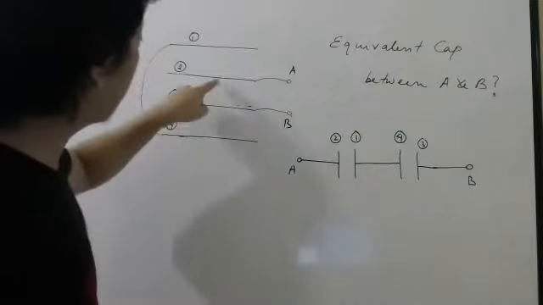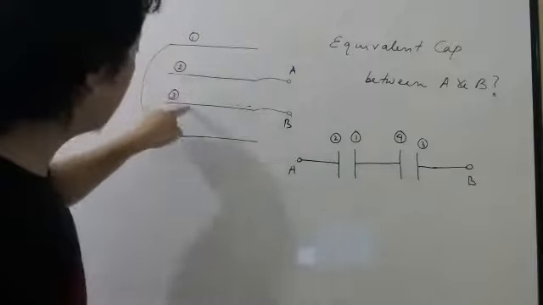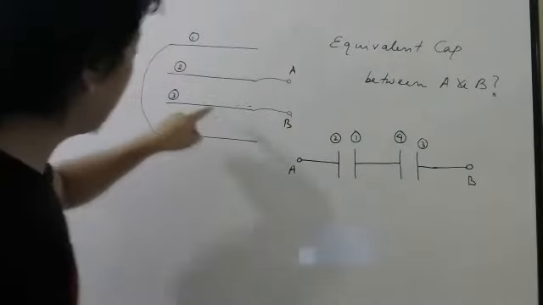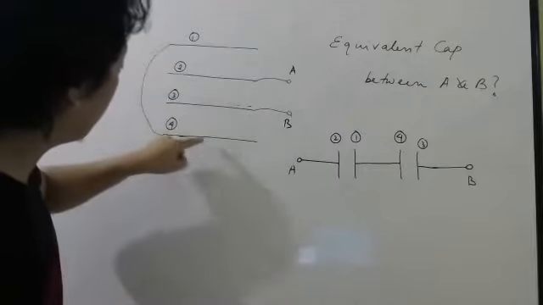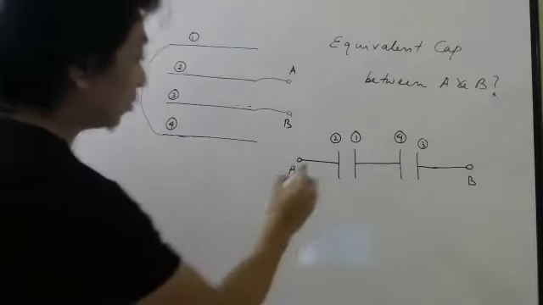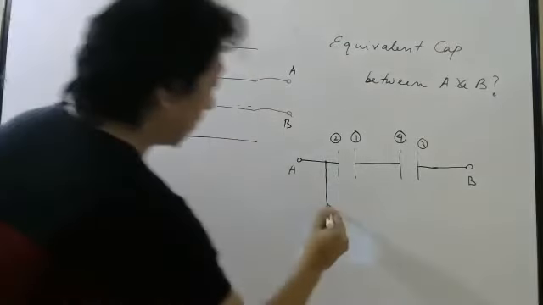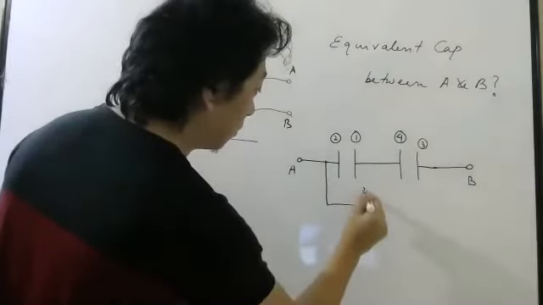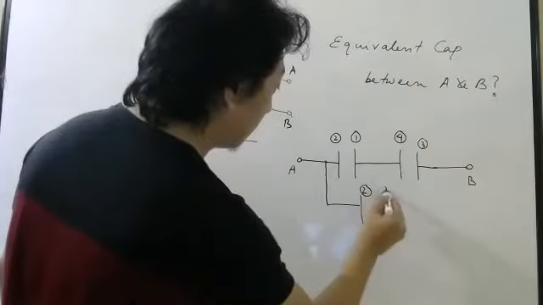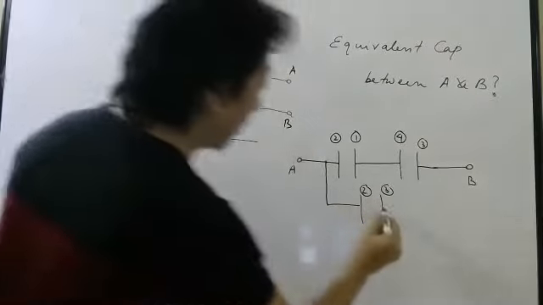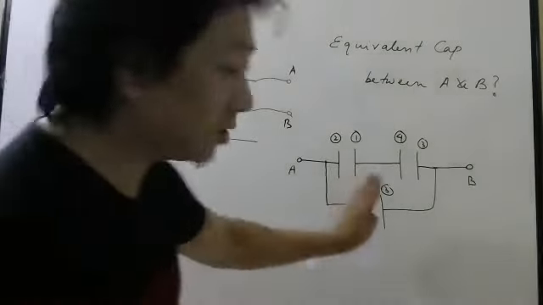Meaning plate number 2 will form a capacitor with which plates? 1 and 3. Similarly, plate number 3 will form a capacitor with which plates? Plate number 2 and plate number 4. So you should draw one more which comes from terminal A, right? Plate number 2 should form a capacitor with again plate number 3, which is connected to terminal B. So this is how the diagram should look. Okay, so this is what you should do.